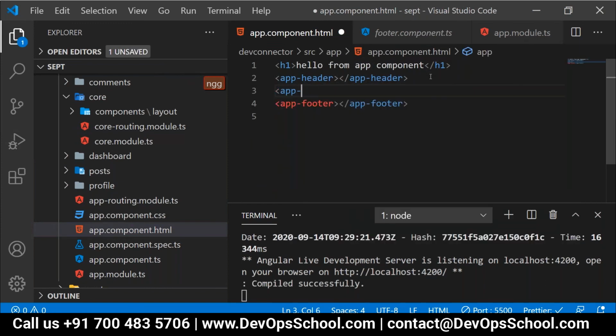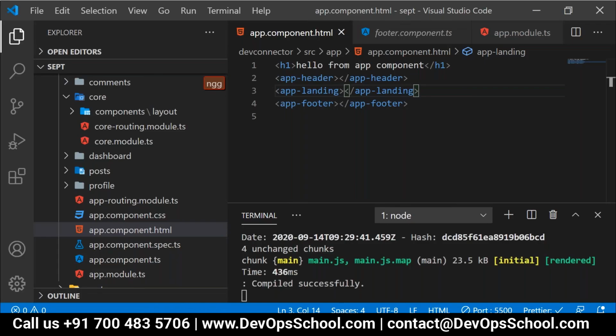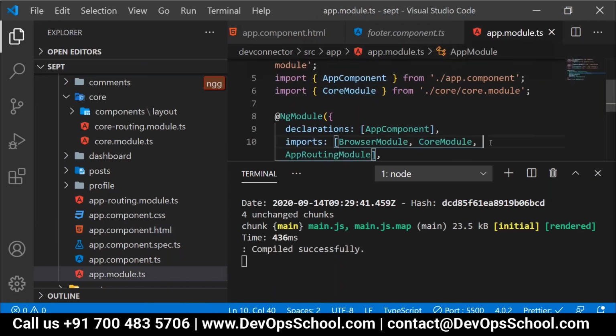app-landing. People, are we getting the landing works message, correct? Yes, Abhi. Right now, people, in this case, can you start doing the same thing at your end? Can I tell you the things that we have done from the beginning? Is it fine? So that you will get a quick revision and you can do the stuff at your end as well. Correct? So the first thing, people, is that you import the core module at your end. I will give you a minute's time to do the same.